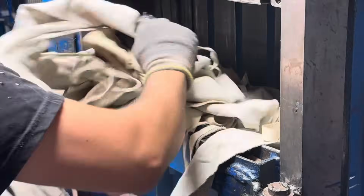They put in too much, so it's going to go beyond. So this is the measurement right here they're going after, and this